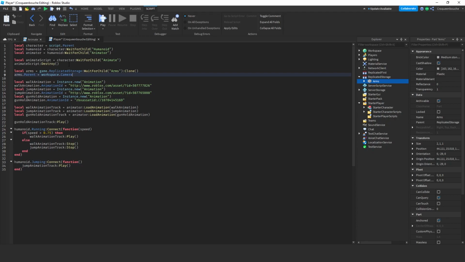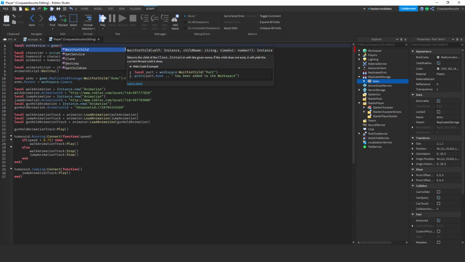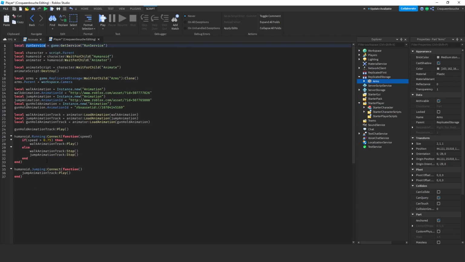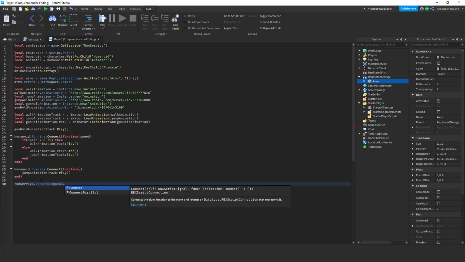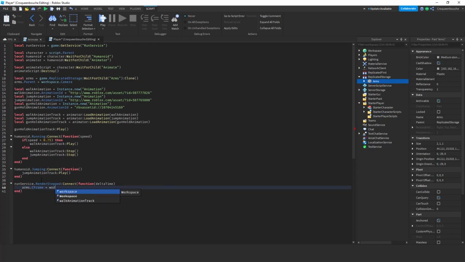But we need to update the position and rotation of the arms during the game. For this, I'm gonna use the run service. Local RunService equals game:GetService RunService. I'm gonna use its RenderStepped event and I'm gonna connect to it with a function. Inside, I'm gonna update the CFrame of the arms based on the camera's CFrame. Workspace.Camera.CFrame. So at every frame, the CFrame of the arms will be updated based on the position and rotation of